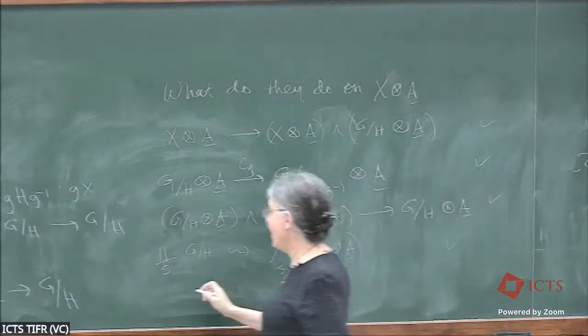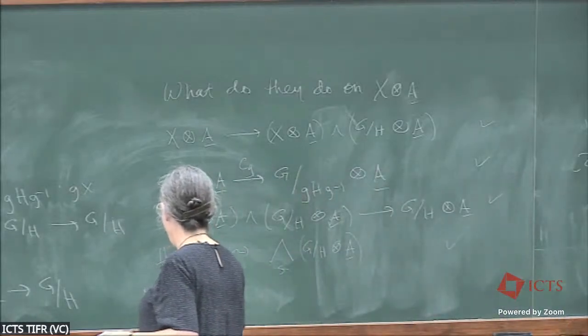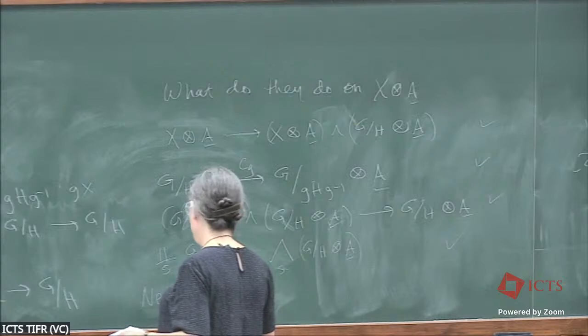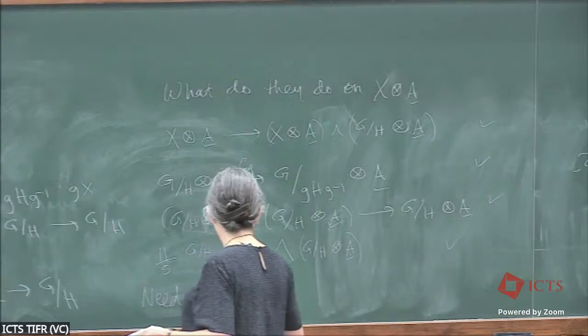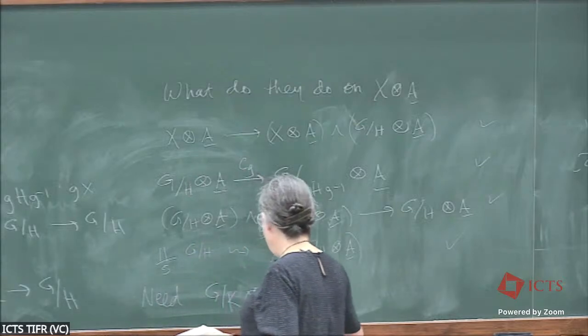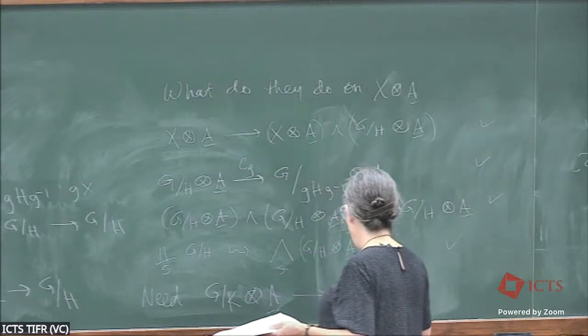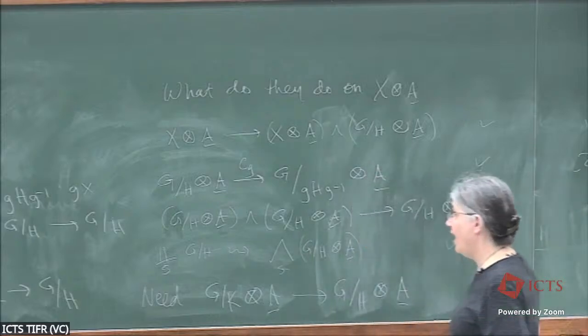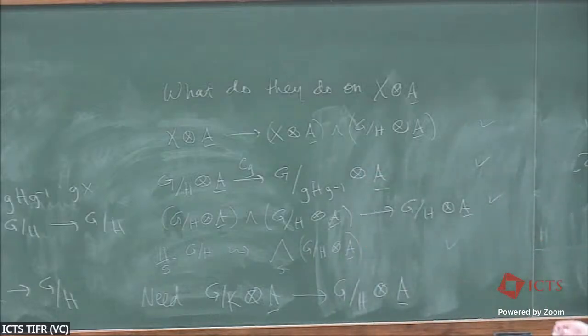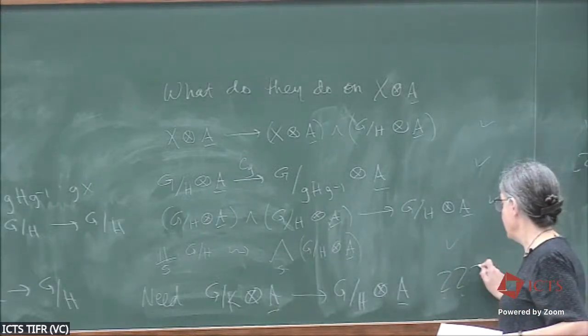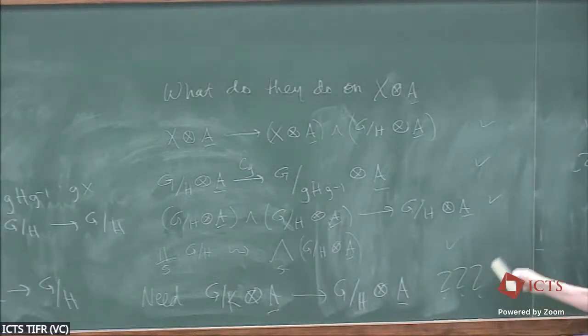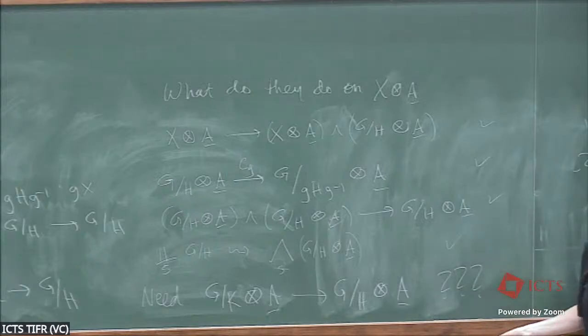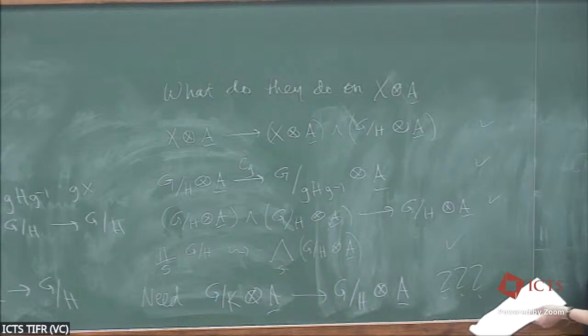Here, I guess I need a map from G mod K tensor A to G mod H tensor A. And what of the structures I've already seen gives me that? Well, nothing does. This is what I want. If I have this, I have a genuinely commutative spectrum, but I don't know how to do this. And the point is,